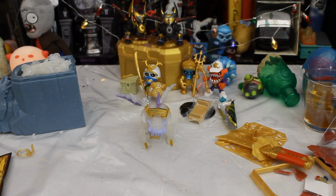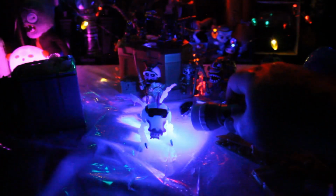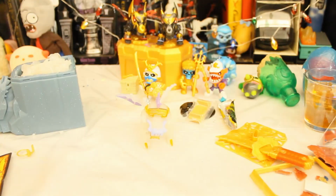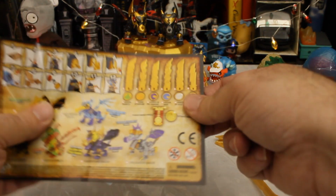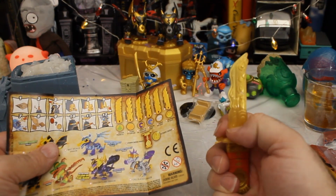Let's find out. We'll kill some lights. And does he react? No, it doesn't. I don't think he does. I think he just is maybe meant to look semi-transparent. He doesn't look awful under black light, though. Yeah, I'm going to say that is not a glow-in-the-dark item. Well, that's unfortunate. Lights back on. Let's take a look at the rest of it. Oh, there's different blades you can get. I didn't even pay attention to that. I wonder, I guess, if maybe the blade has something to do with which treasure you're going to get. We got...